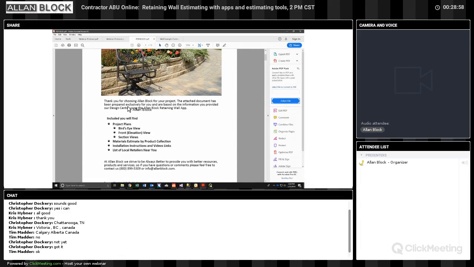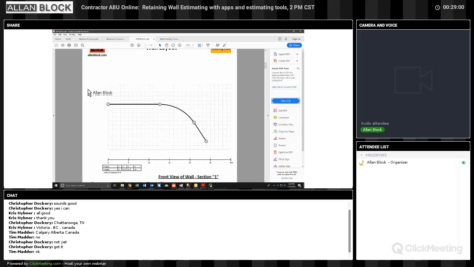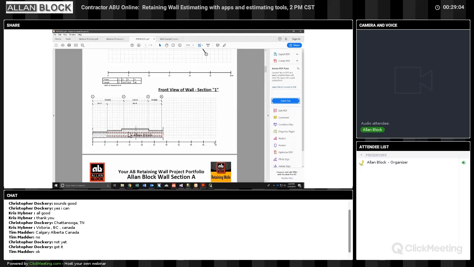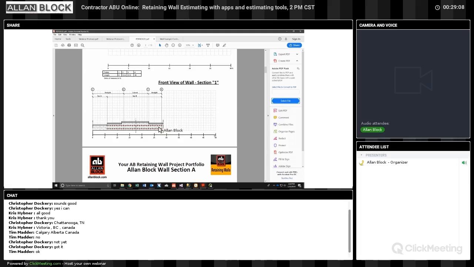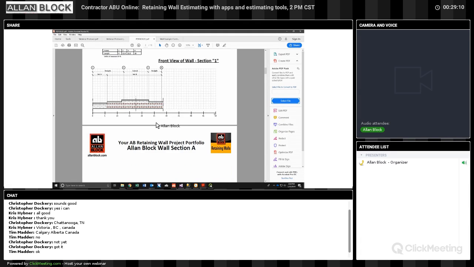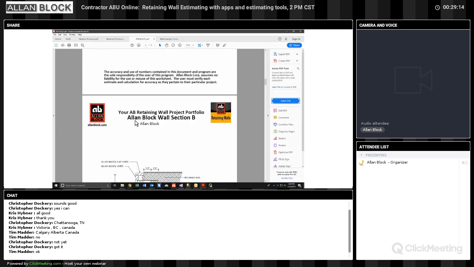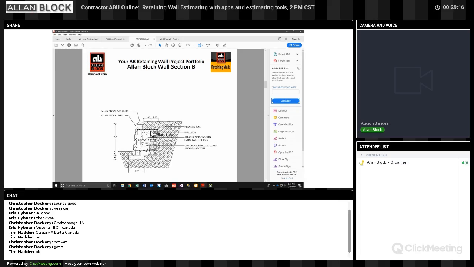So this is just a cover page letting us know what we're going to see here. It shows the drawing of our wall in the plan view, also in the elevation view, and it draws your geogrid in there for you, so it's helpful that you know exactly what courses to put your geogrid on if you have any. It also gives you some cross sections here, just some standard cross sections to show you how to construct this wall,